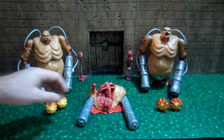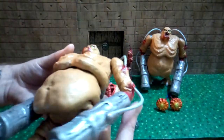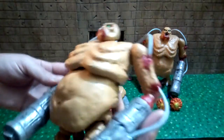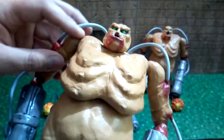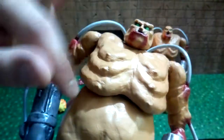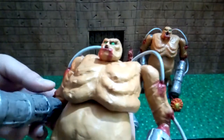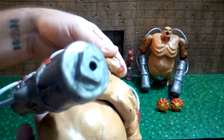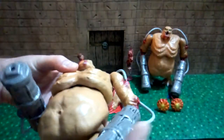Always dropping shit. Anyways, so these guys are made mainly from scratch. I took these Smasher figures, a Spider-Man and a Wolverine, and I cut their arms off with razors and saws and got the joints out. And this here is a Sigma 6 head. Same with that one. This one's a little loose, but